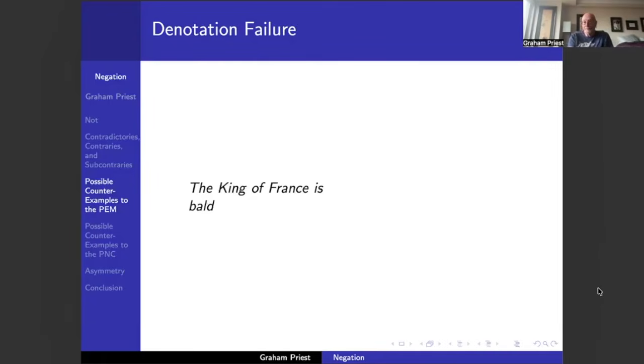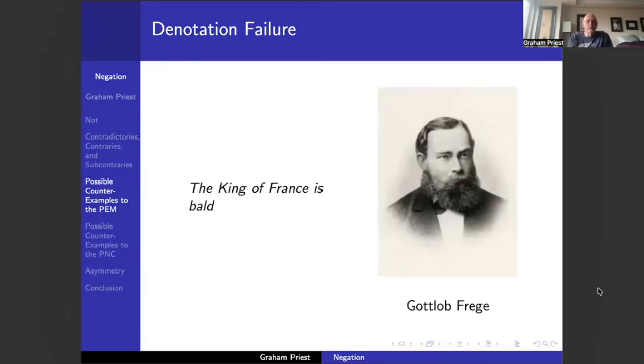Who said that? Well, the actual example I've given you, you probably recognize, comes from Bertrand Russell, and he didn't think that. So Russell argued that the King of France is bald is just simply false. So who said it's neither true nor false? Well, another very famous logician, this guy, a very young-looking Gottlob Frege. Okay, so that's two. Here's a third.